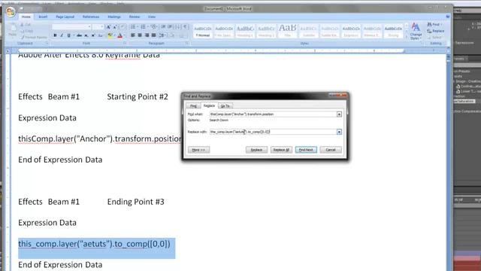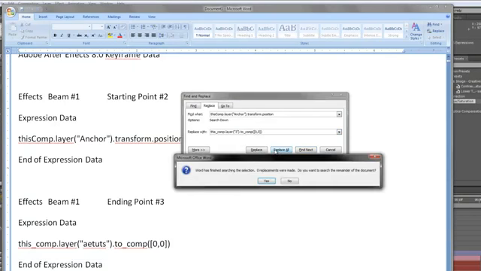So I'll paste that in, and we're just going to change this to the number 3. So every place where we have our 2-dimensional anchor null layer, it's going to get converted to our null layer number 3 along with this expression, so that since it's a 3D null layer, the position data gets transferred into 2D data. So I'm going to do replace all,